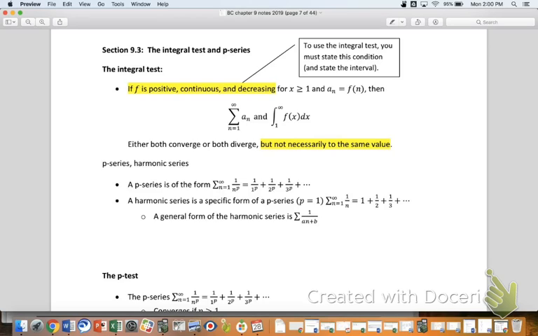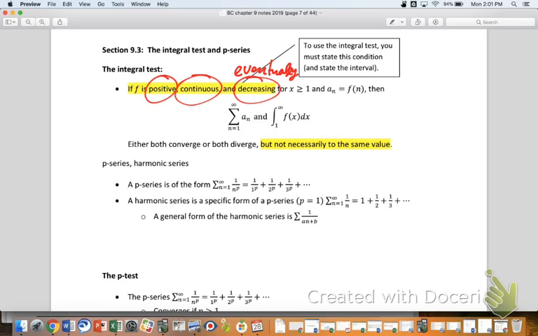Why don't you read that over? I've highlighted some stuff. And I'm going to make a couple of points here, and then I want to try to prove some things for you. So it says, for the integral test, the conditions are f has to be positive. We'll talk about positive, continuous, and decreasing, at least eventually decreasing,